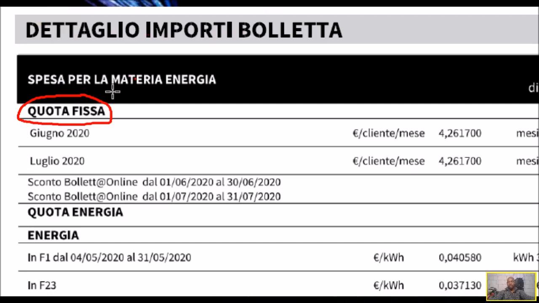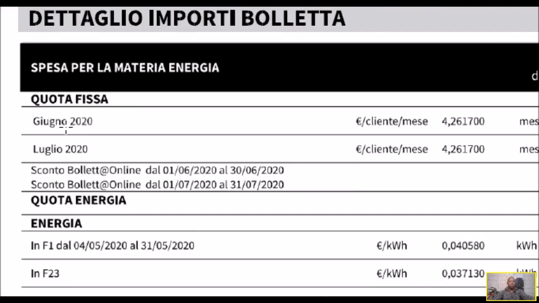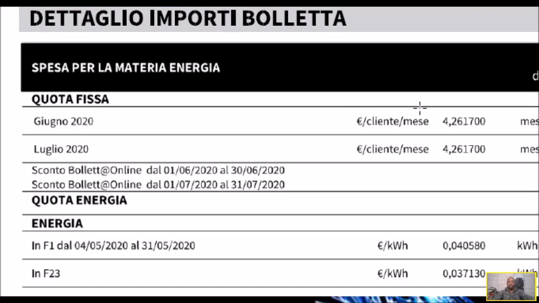So if they say this year the quota fees is €4.26, that is to say that the whole of this year your quota fees will be €4.26. So as you can see here, in June 2020 the quota fees is €4.26, and it is the same as